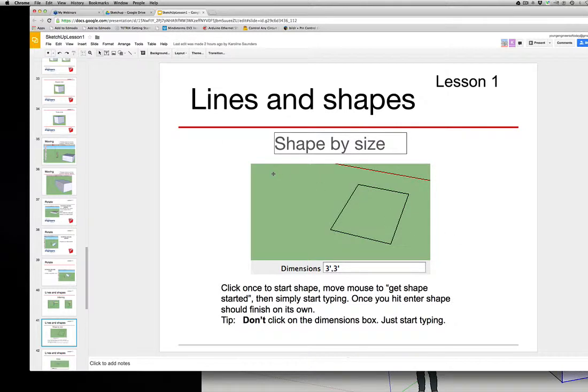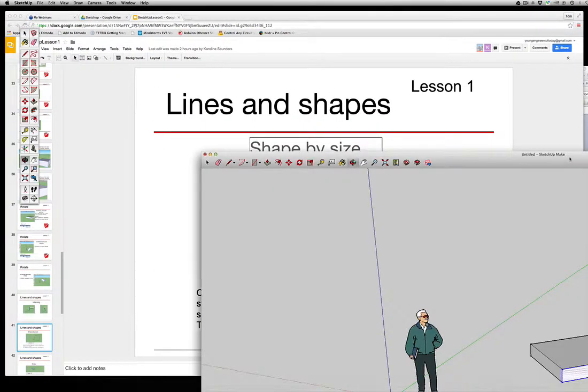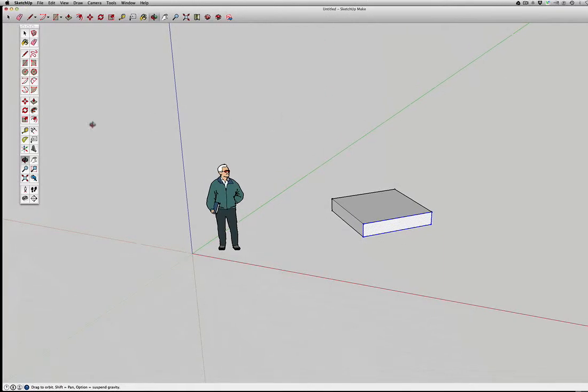Now, let's do shape and size. This is always helpful. All right? And this one will throw you. So let's show this because I think this is of real value. All right? Say I want to make a rectangle here. I start drawing it. What you want to do, and it's hard to see,